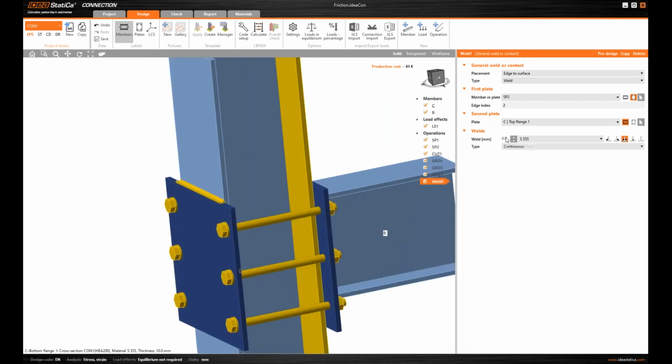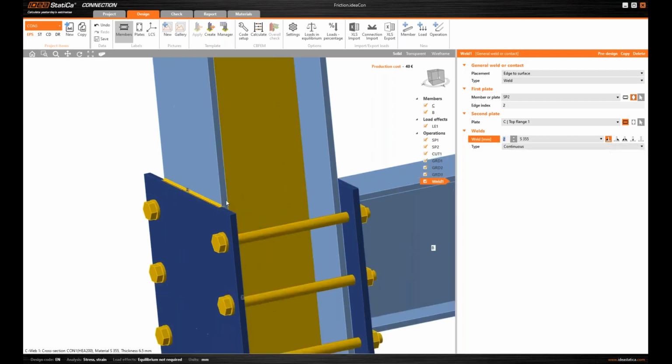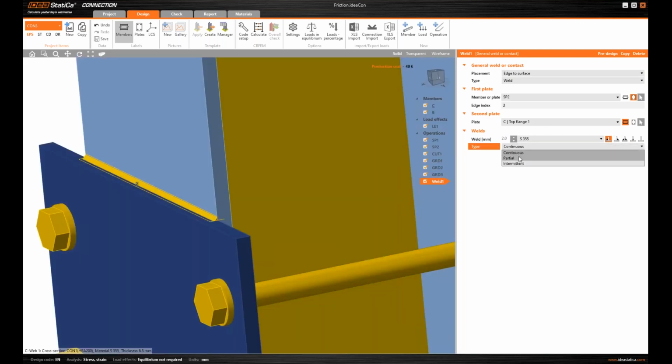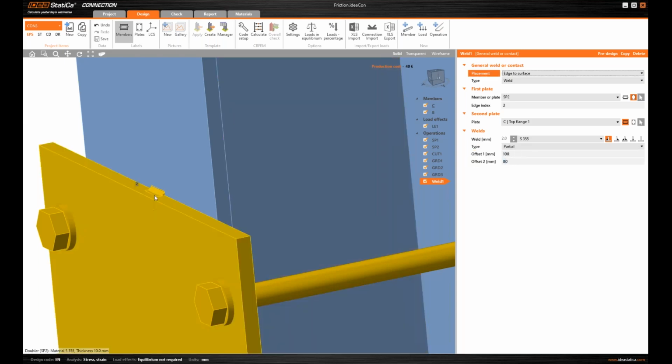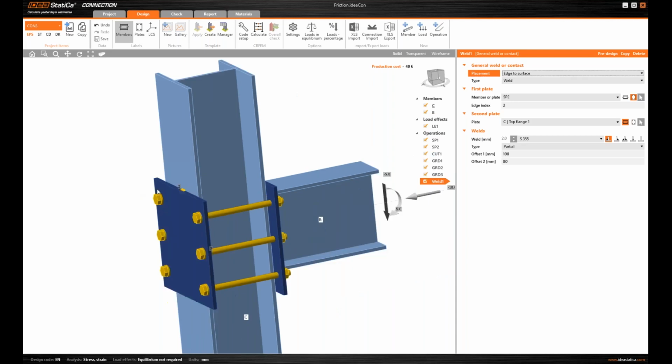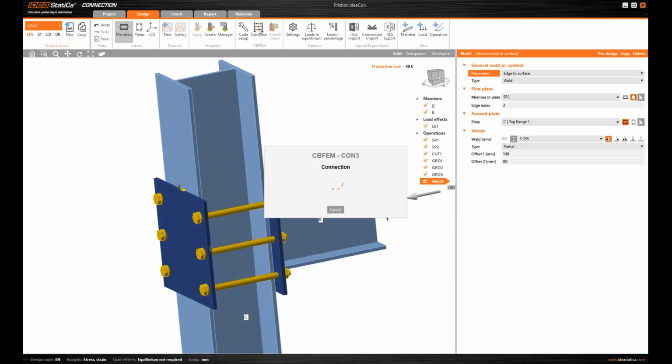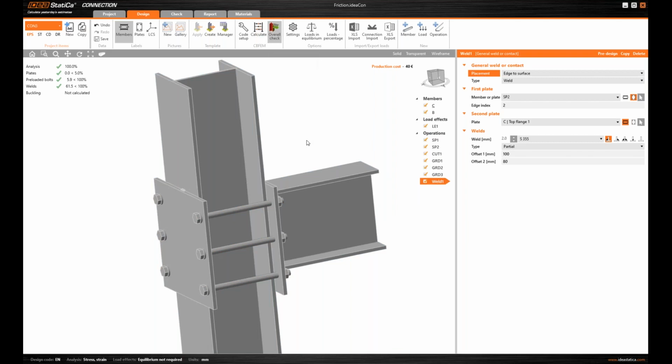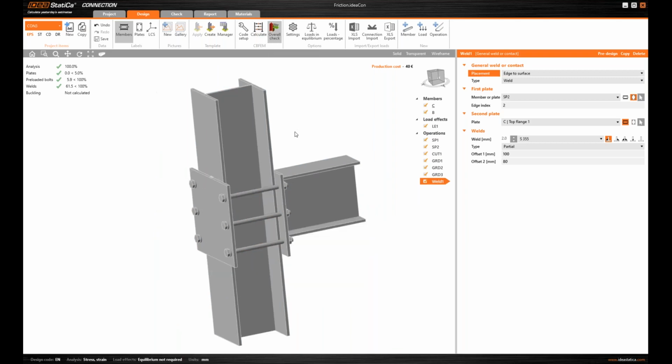And here I can set the weld as a very small one, and I can even set it as a partial weld, something like this. And this is going to serve only as, let's call it, a utility weld, only to stabilize and hold this in position. So this might help in some scenarios, and you have to be really aware of what you're doing, because, for example, in this